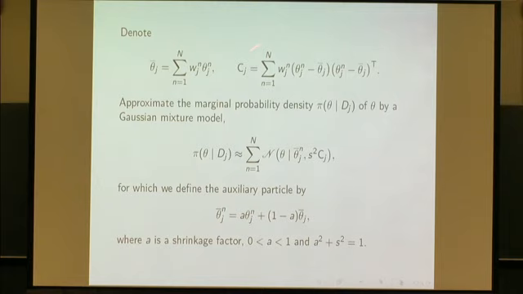So then we want to approximate the marginal probability density of theta, given dj, using a Gaussian mixture model. And we use a mixture model of this type here, where the auxiliary particle, theta, now the notation gets pretty heavy here. So theta bar j n, the n refers to the summation, the j to the time step where we are at. And this bar here